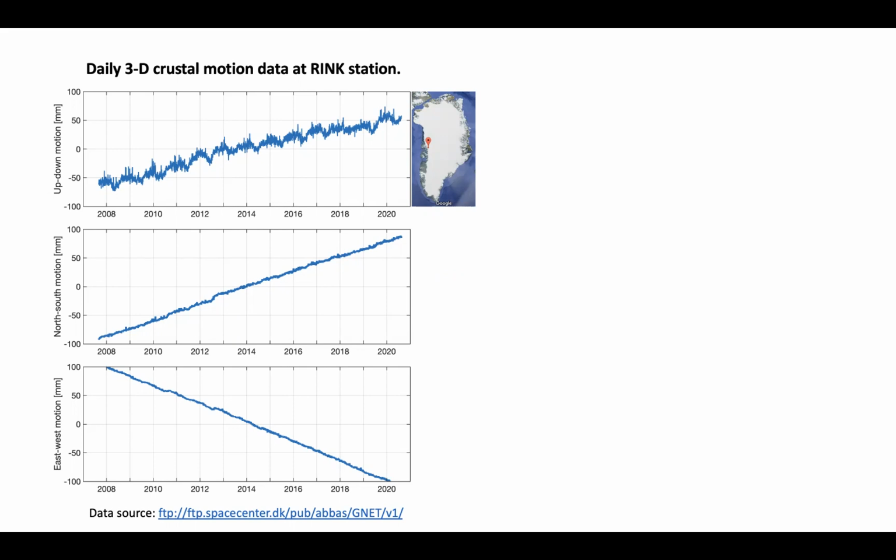One of the outstanding features common in all three components of the displacement vector here is the underlying secular trend. For the horizontal components, you can see that Greenland, especially this station, is moving towards the northwest, which primarily represents the tectonic motion of Greenland along with the North American plate. We are not interested in interpreting those signals, but rather the secular trend associated with the vertical component of the displacement vector.